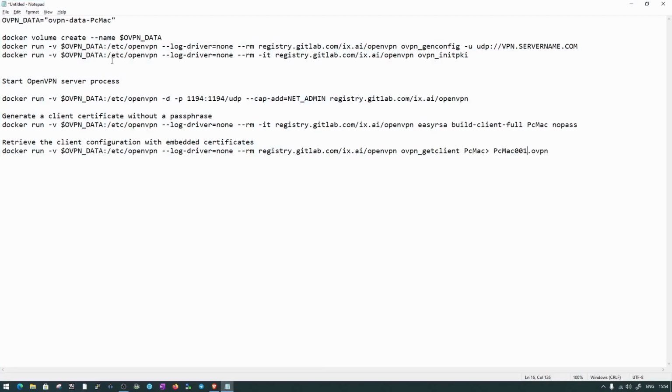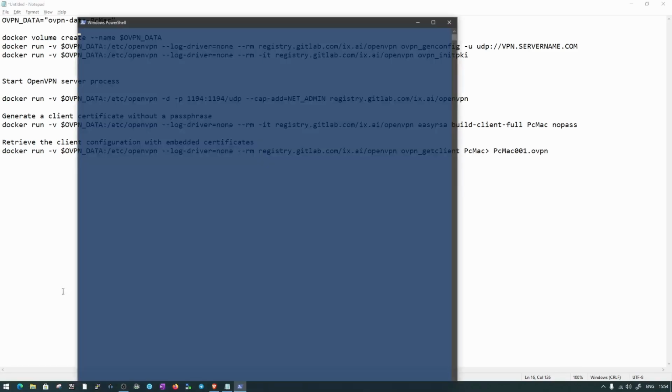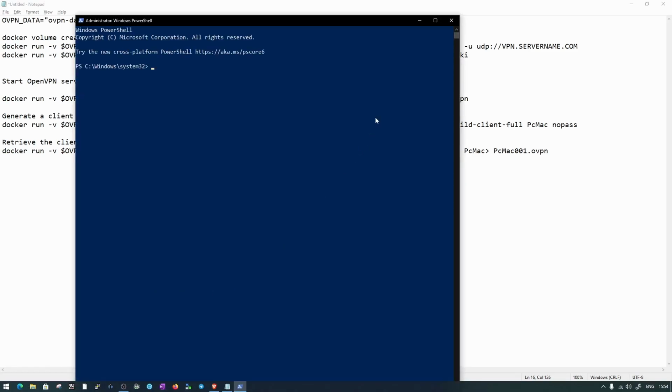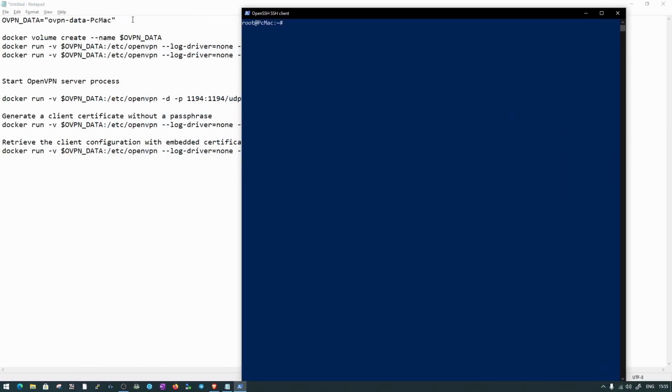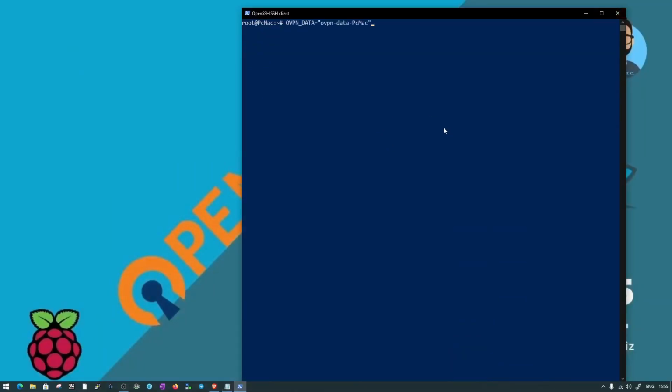Now what we need to do is connect to our Open Media Vault using PowerShell. If you have PuTTY, you can use that. Let's go ahead and use PowerShell. It's better to use the default programs from your operating system instead of installing a third-party application. So I'm using PowerShell, and I'm logged in with root. Let's move the screen to this side, copy the first command, paste it here and hit enter.